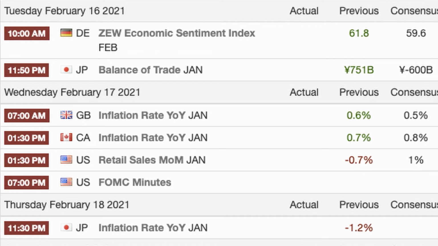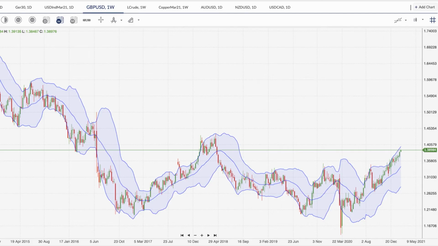But we've also got the UK inflation data, which should affect the British pound. With a weak US dollar and any news of lockdown restrictions being lifted, we should see further gains in cable. And we can see that cable itself is looking like it wants to target 2018 highs and has undone all of the COVID-19 crash. And now we're looking to see if we can get back into prices not seen since the start